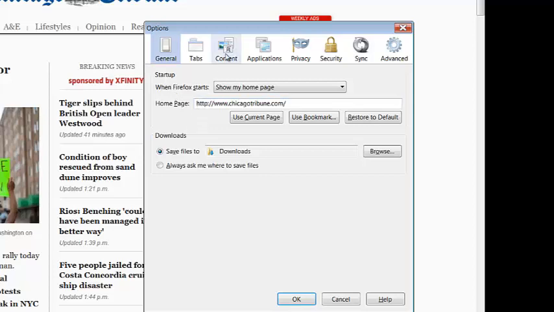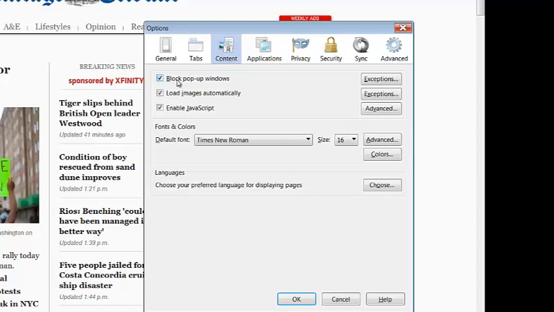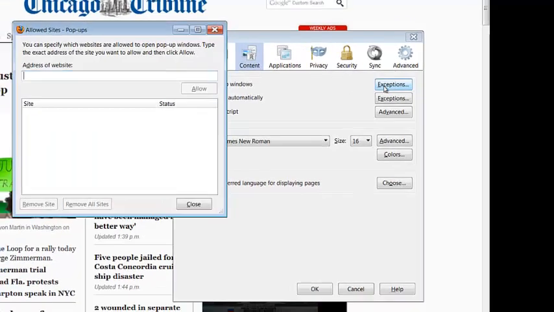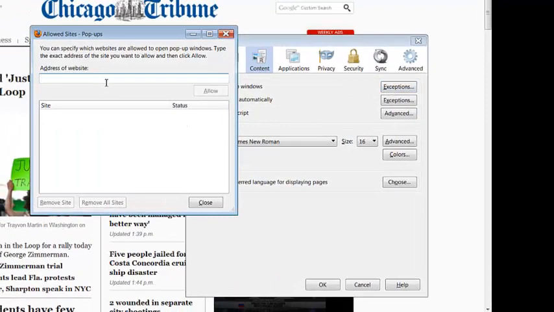The next tab we want to go to is called Content. Here we have something called Pop-up Blocker. Sometimes things just pop up on your screen, and you can control that by turning the pop-up blocker off and on. With pop-up blocker checked, it is turned on, so it will block the pop-ups. If you uncheck it, it will not be turned on. You can also keep it on and click Exceptions, and then key in the websites that you specifically want to allow so that you can access those websites and